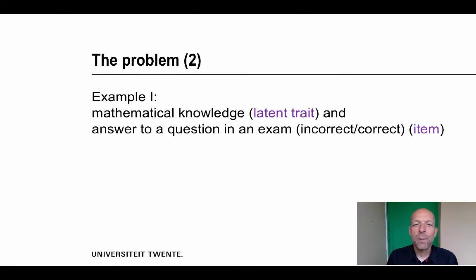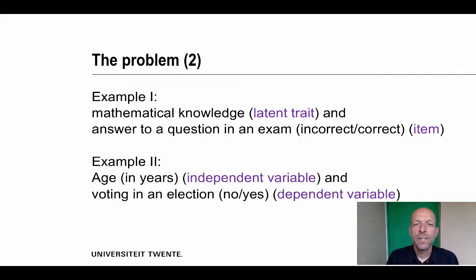Now, the first example relates to a latent trait. Suppose that we want to measure mathematical knowledge and we want to use items to measure this mathematical knowledge. The items are often incorrect/correct items, so dichotomous items. And we want to see whether there is a relationship between the latent trait and the dichotomous outcome. The second example relates to independent and dependent variables, so to causal analysis. Age, in years, can be related to the decision to vote or not to vote in an election, so also a